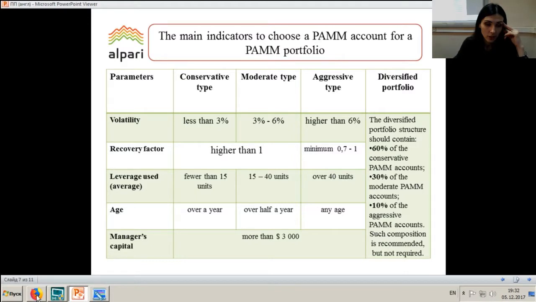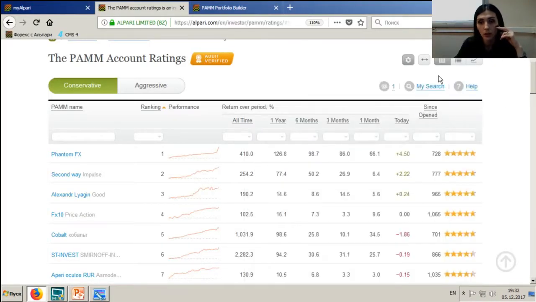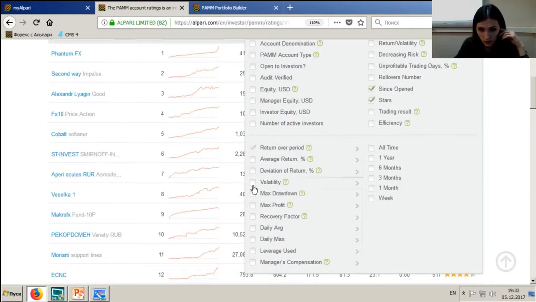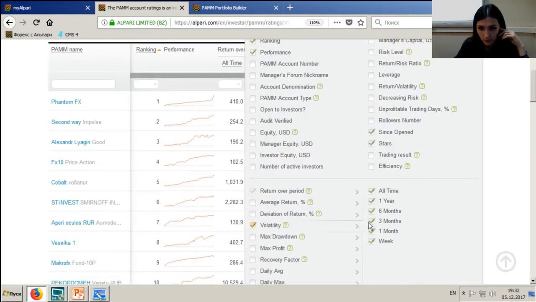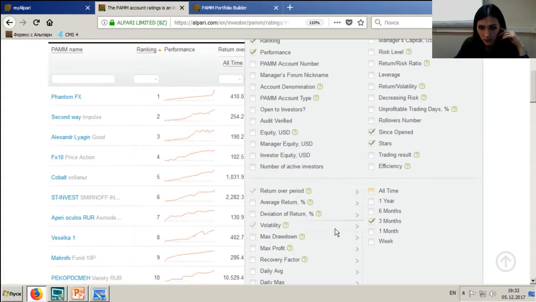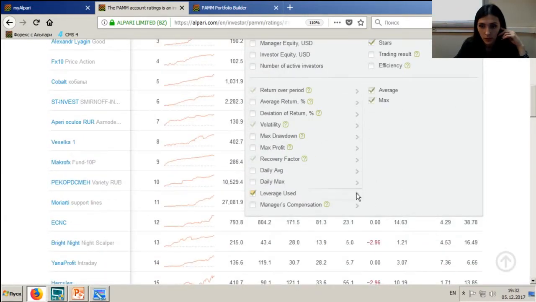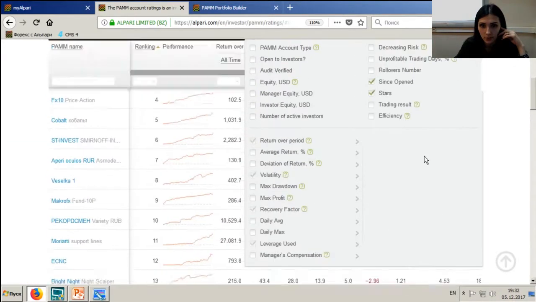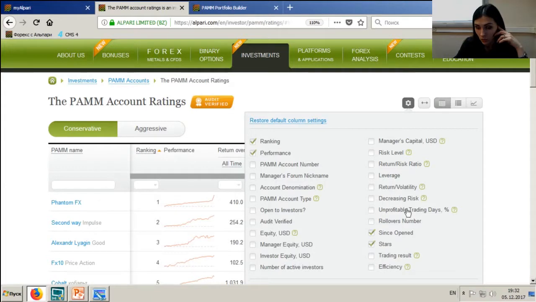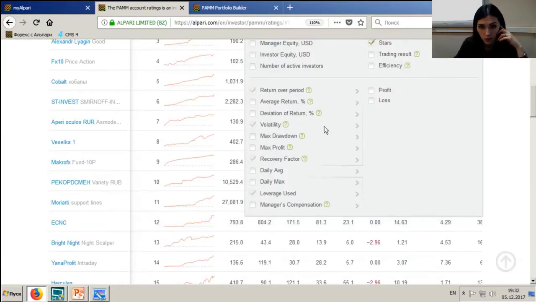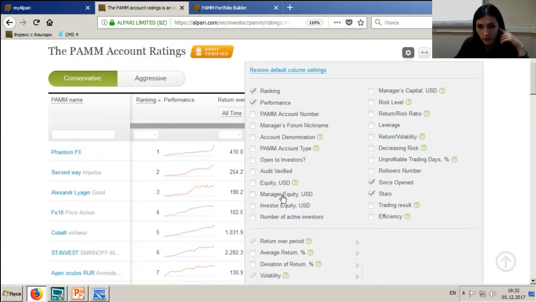Okay, let's try to create a PAMM portfolio. Here on the header of the PAMM account, we should choose volatility, of course, for the quarter. Let's try to do this. Volatility, recovery factor for all time, leverage used, average. Also, what else should we choose? Since opened, we have stars, we have equity, manager equity,